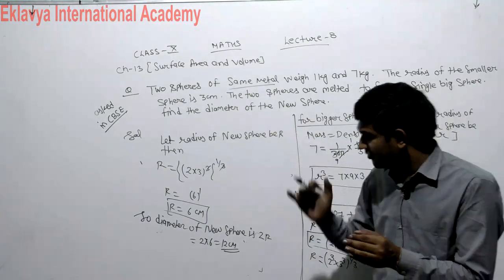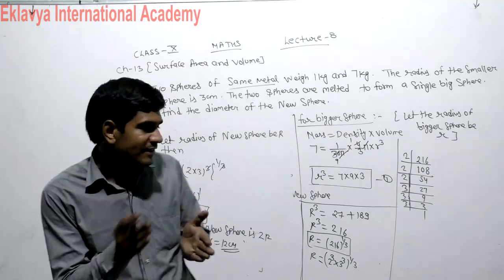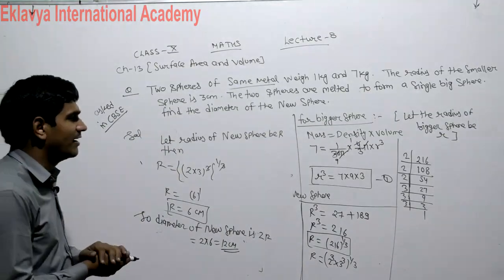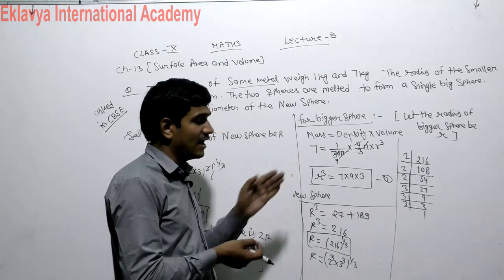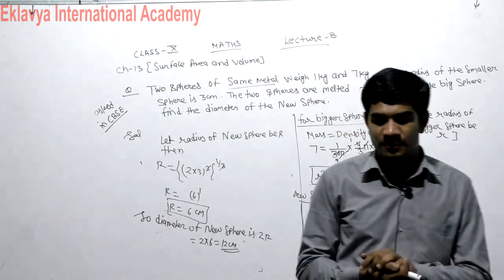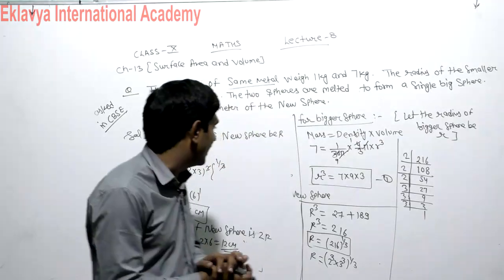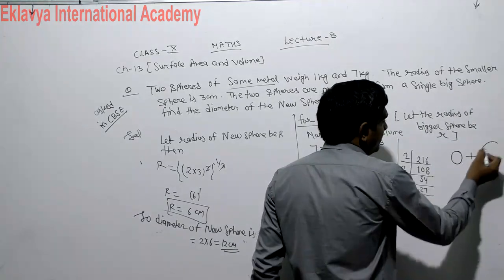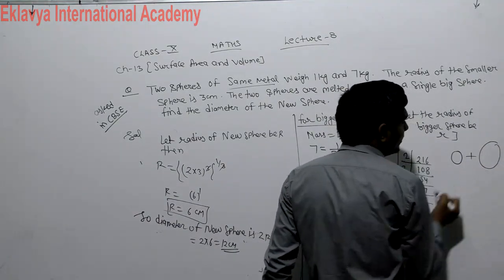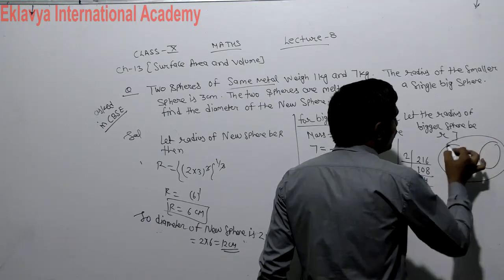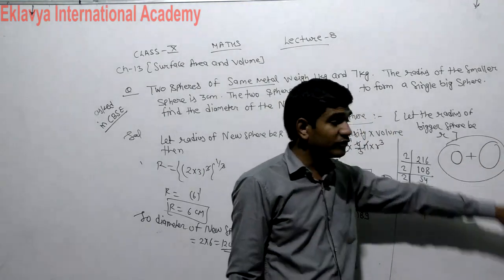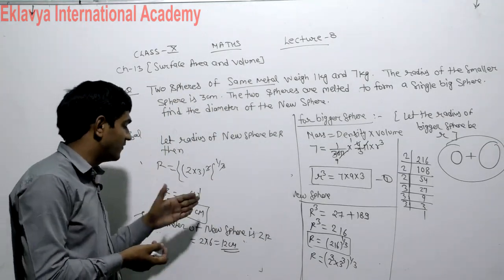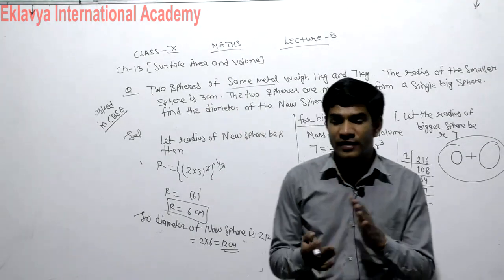So what you did is calculate the density of the smaller sphere, and substitute that density value for the bigger sphere. From there we find the radius of the bigger sphere. After finding the radius of the bigger sphere, the concept we use here is that we melted two spheres, the smaller sphere and the bigger sphere, and then we form a new bigger sphere. So the sum of the volumes of these two spheres is equal to the volume of the new sphere. Using this concept we find the radius of the new sphere.